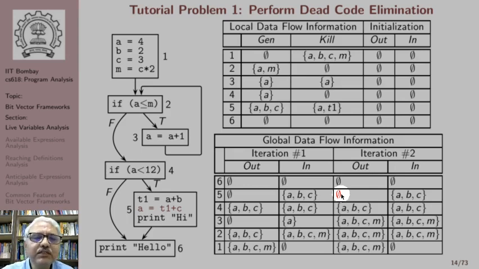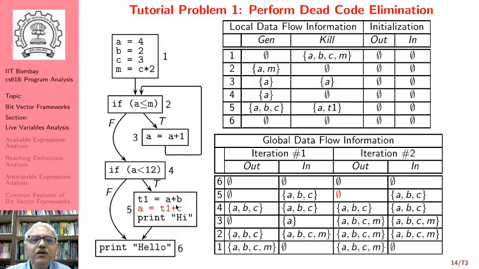However, we observe that there is an assignment to a variable A. Because the set is empty, it means that A is not being used. So this is an example of dead code. So using live variables analysis, we can perform dead code elimination and delete this assignment, thereby getting a new basic block in which the assignment to A has been deleted.